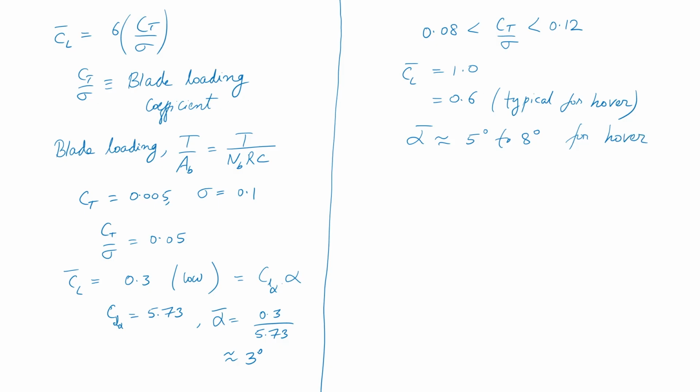And you will not believe, people ignore these things and they end up crashing UAVs. These are very simple checks to do, right. How difficult is it? I know my takeoff weight for my UAV, and I know my density conditions and so on. So, I will get my CT over sigma, I get my CL bar, I get my alpha bar, and if my alpha bar goes above 8-9 degrees, I am in trouble, which means my actuator may saturate, and this can happen very easily at high altitudes.